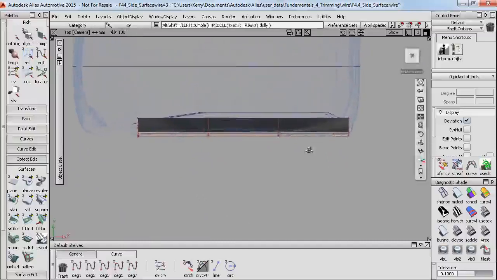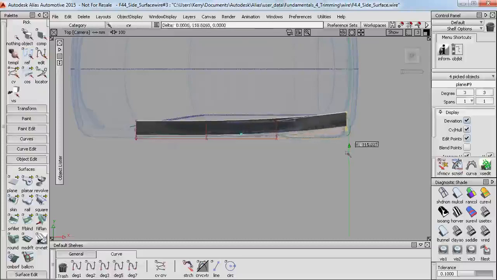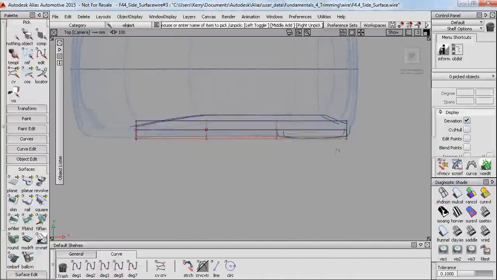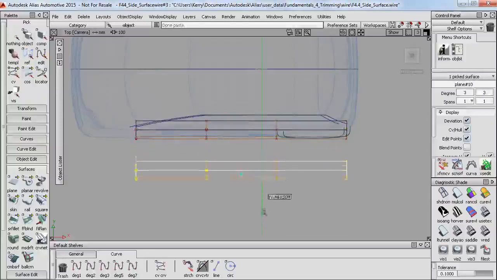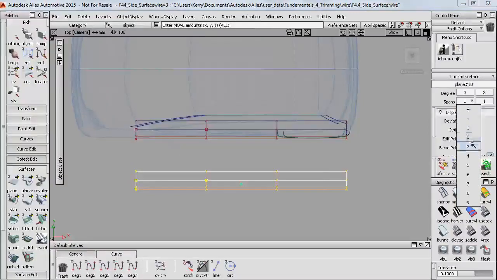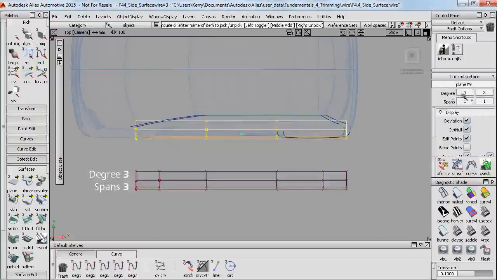So I've got a basic sweep here along the side, and it'll probably have some curvature in the top view. But if I pick and move these CVs, the surface is curving too much. So I probably need more CVs. So I'm just going to take a copy of this one and move it down so that I can show you two different approaches. So here I could increase the number of spans, and that will give me 6 rows of CVs. Or I could say increase the degree, which again gives me 6 rows of CVs, but distributed across